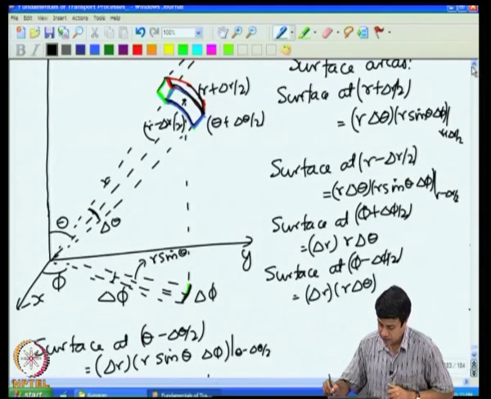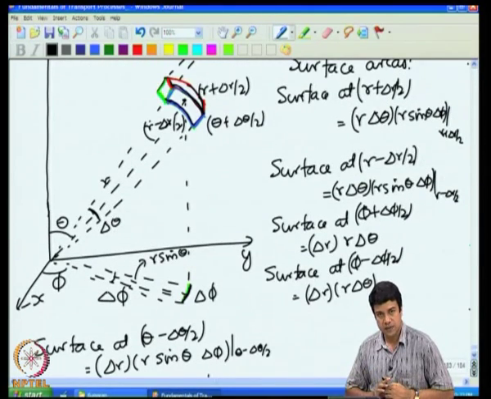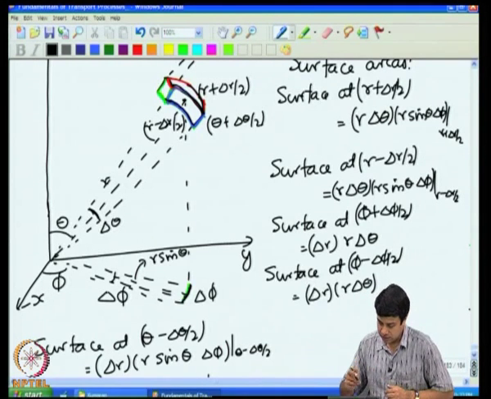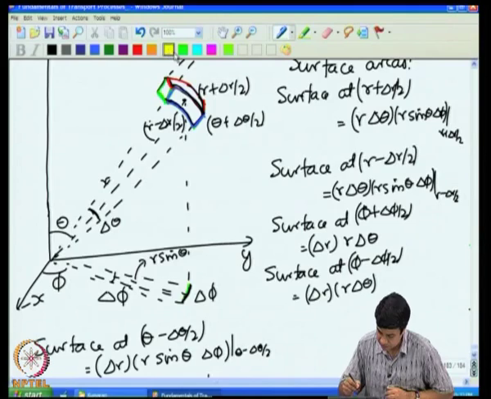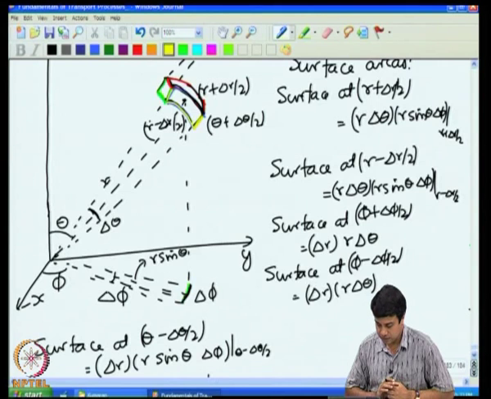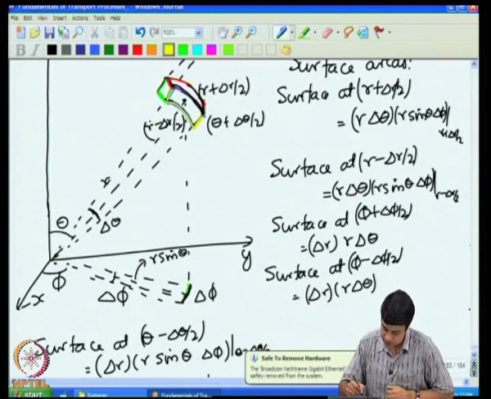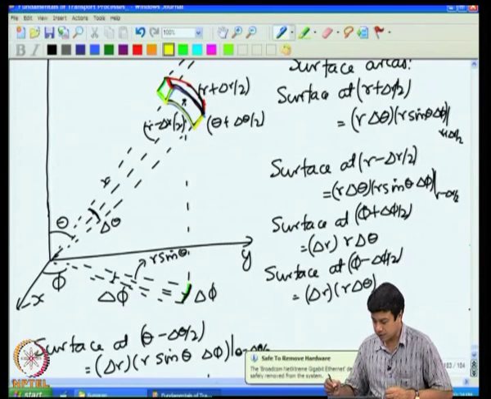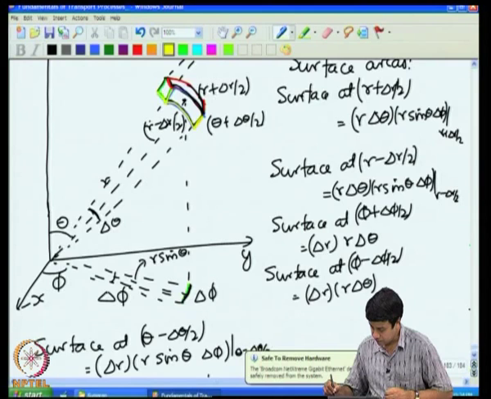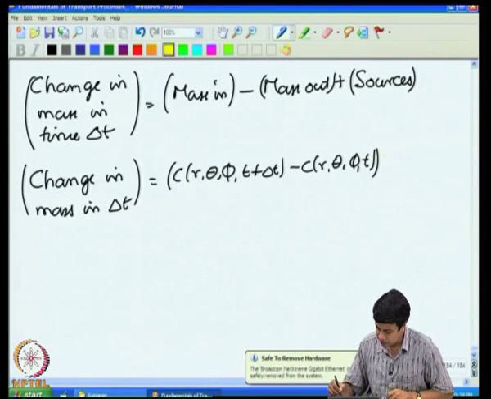This is a surface which has sides delta r in this direction. In this direction, the side is r delta theta, and in the phi direction, this side is r sin theta delta phi. Therefore, the change in mass is going to be this times